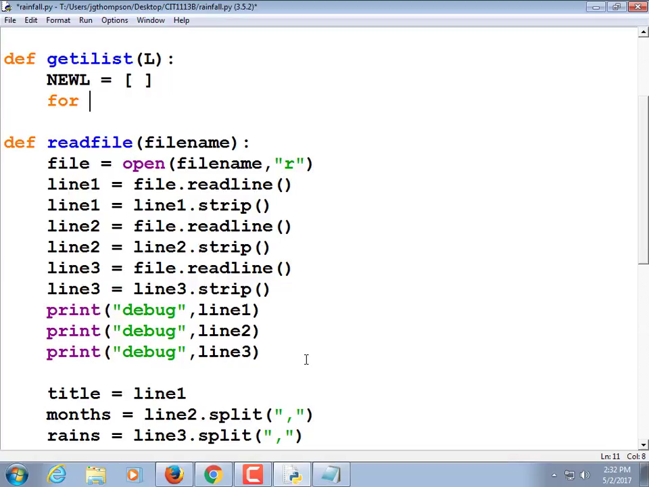Then we need a for loop to process every element. Putting 3 in quotes at the top, you can comment out or cut it out and put it in another file. It's not part of this program. For X in L,